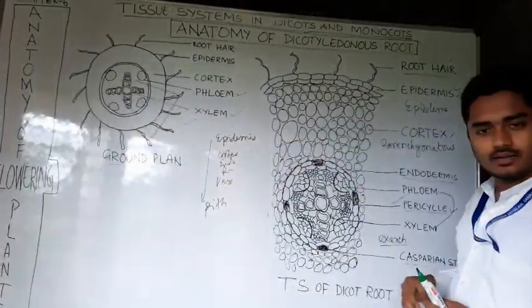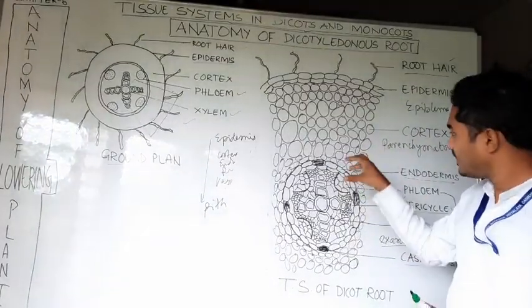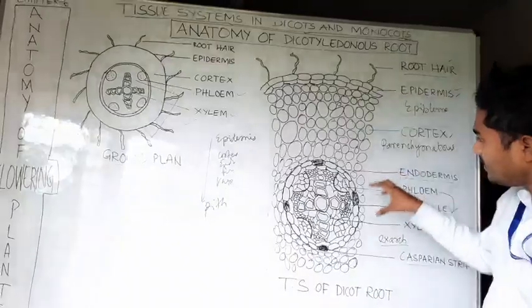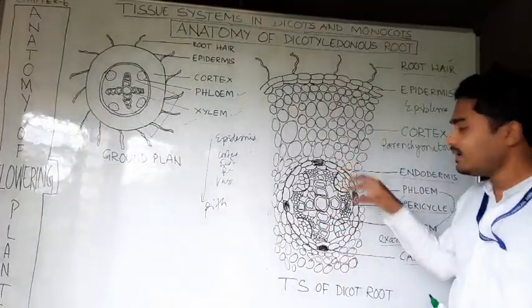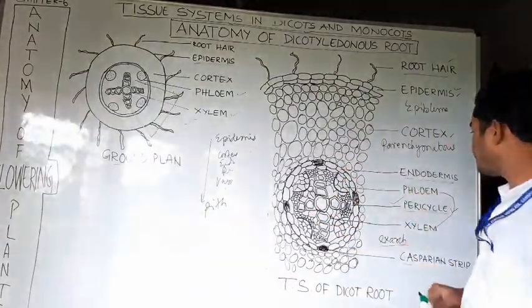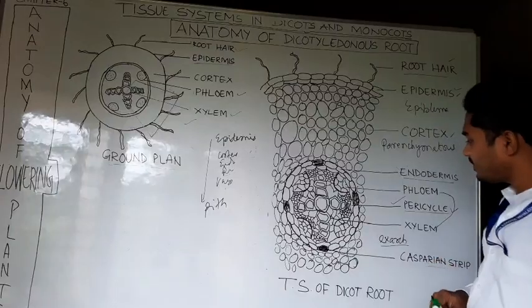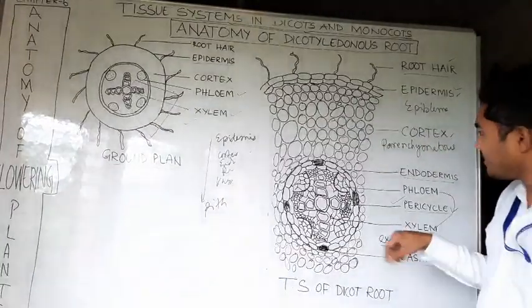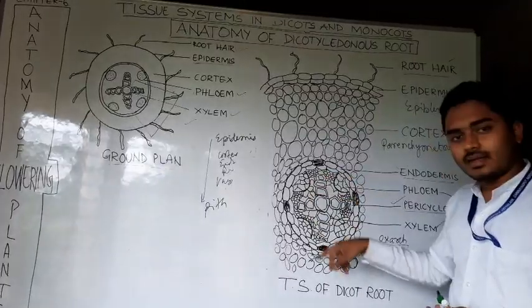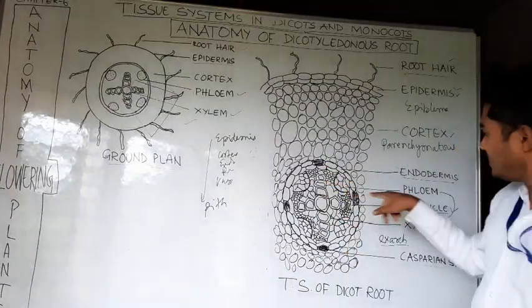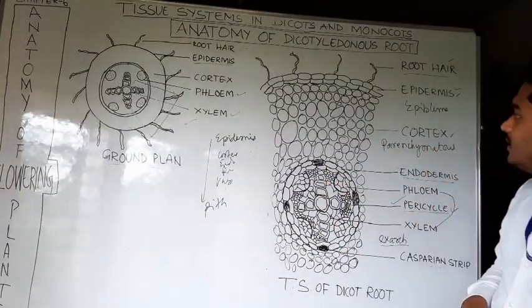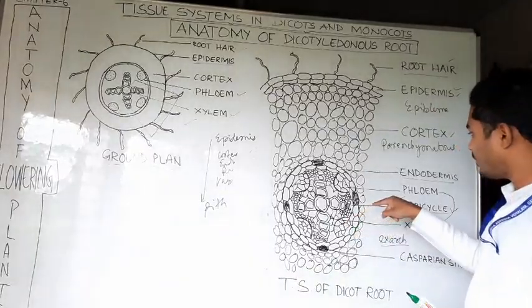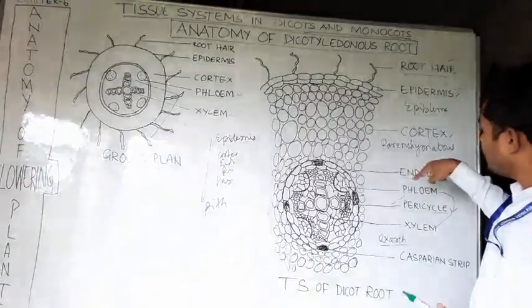And next to the cortex is a single-layered endodermis, and these endodermal cells get suberized, and these are known as your Casparian strips. They don't allow water to penetrate. And next is your pericycle. The pericycle in a dicot root gives rise to your lateral roots along with the vascular cambium. That's why it plays an important role in